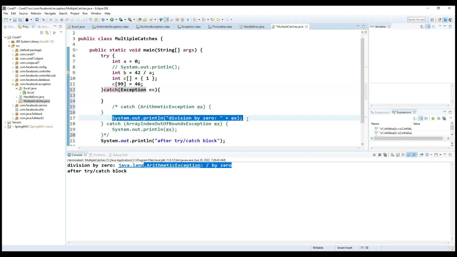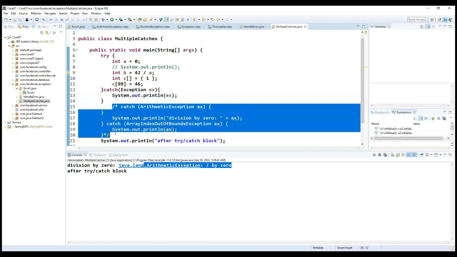Observe carefully, I'm going to print this message. Instead of writing these two catch blocks,